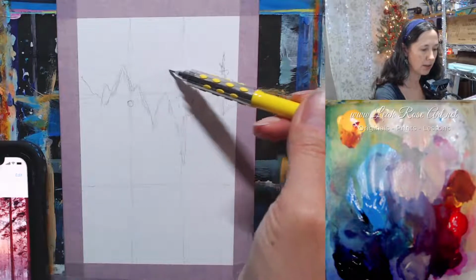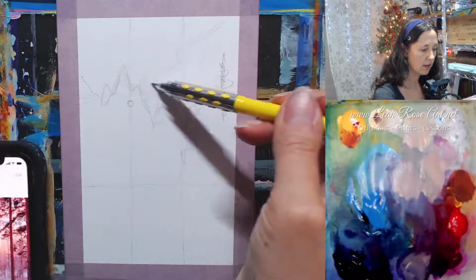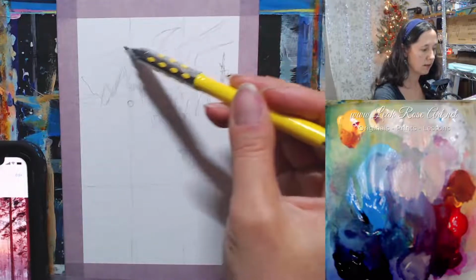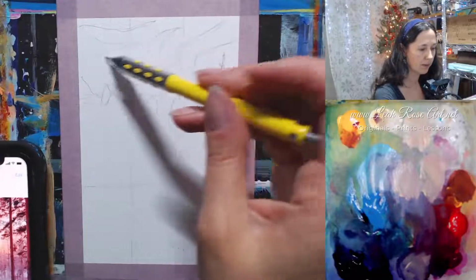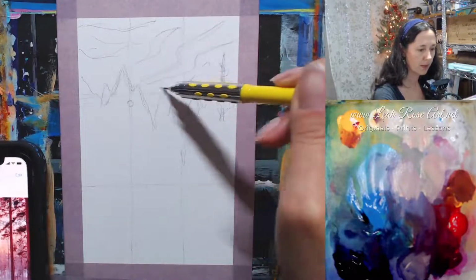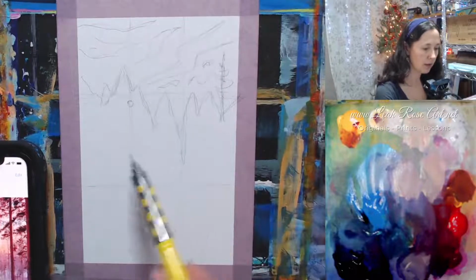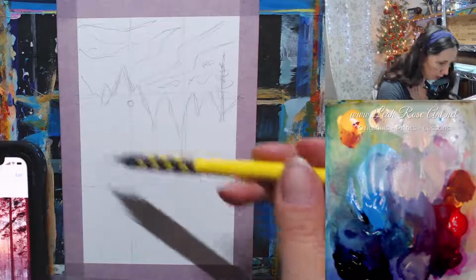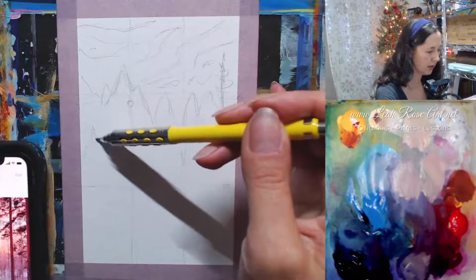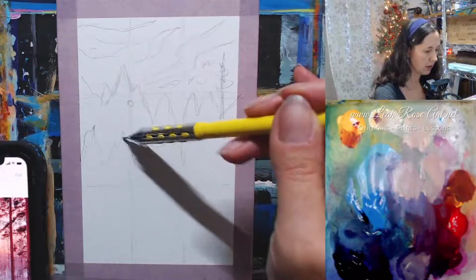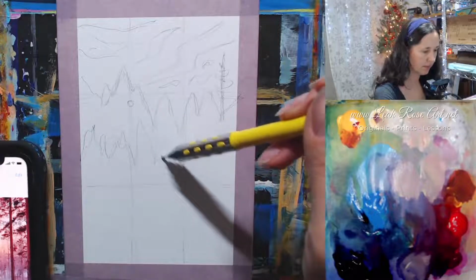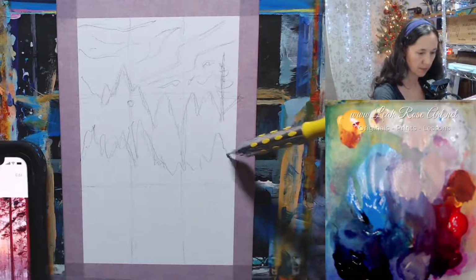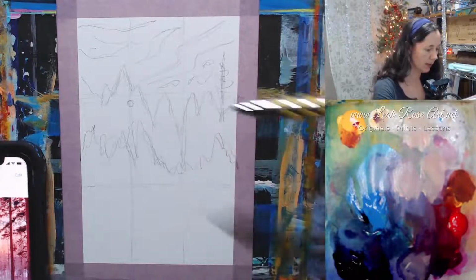So there's some really subtle clouds. I have them kind of going this way. There we go. So now the bottom of the trees, you can't really see the bottom because there's all these snow, like frost-covered bushes at the bottom of them here. Okay, and now